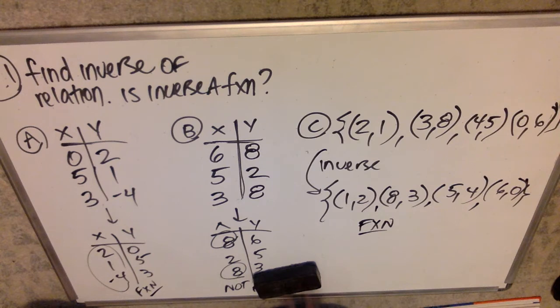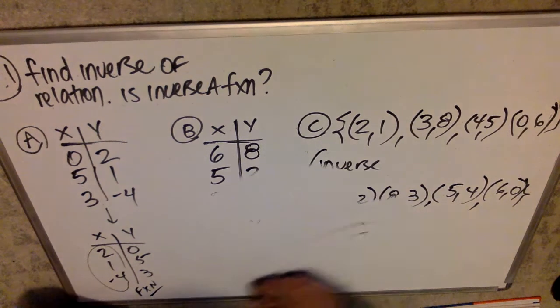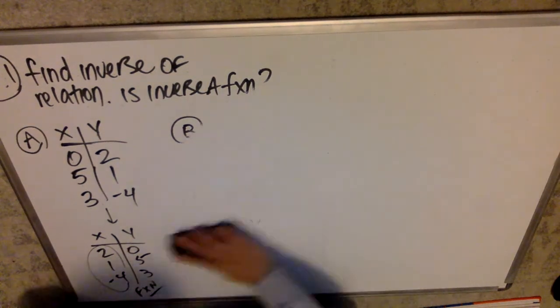Now, let's talk about how we can find an inverse with an equation. So when it's a list, you just reverse all the points, right? That's great. But how do we find the inverse